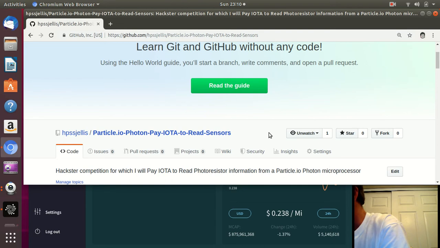Now the connections there are pretty simple, to A0. I have a photoresistor to 3V3, and then the resistor from ground to A0. The hookup's in my Hackster